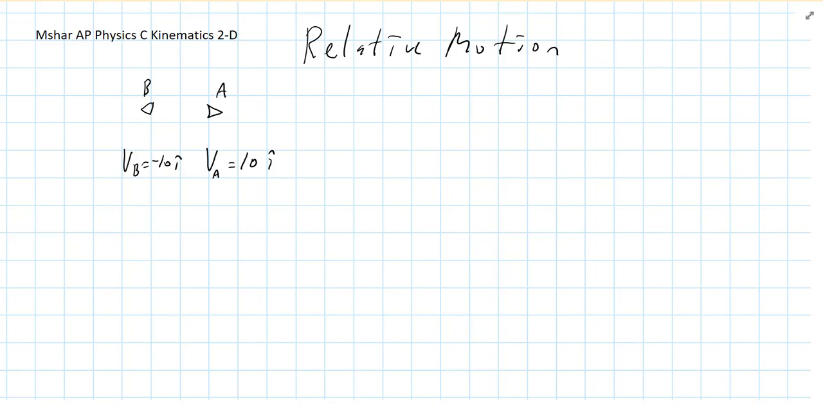And one is moving to the right at VA is 10, and probably a good unit here would be miles per hour, and then VB would be negative 10 i hat miles per hour. Okay. And the first question I'm going to ask is what is the velocity of A? So I'll kind of write this out. What is the velocity of A relative